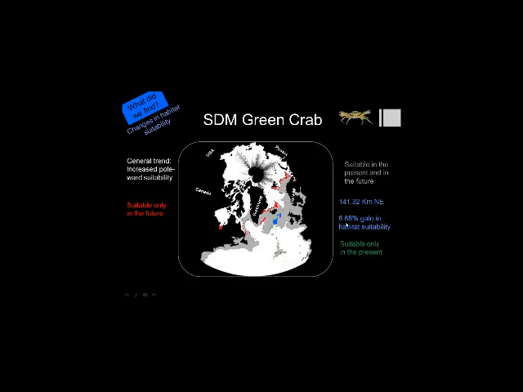The result was a shift to the northeast by 140 kilometers, and it also showed a gain in habitat suitability of close to 7%. One thing that is really interesting in this prediction is that, as we are seeing here, there will be for the future a new suitable